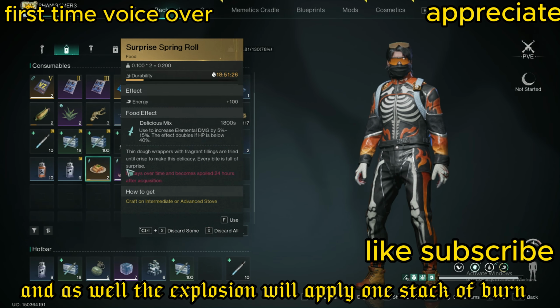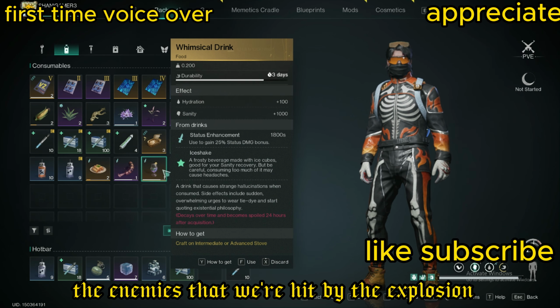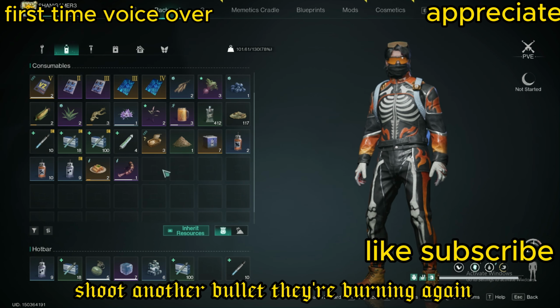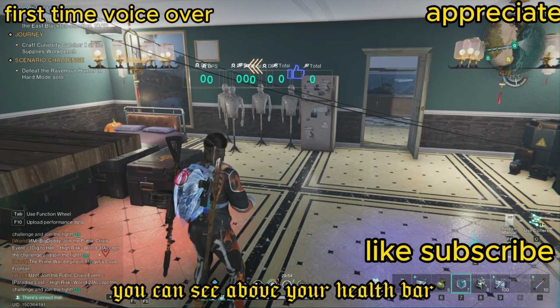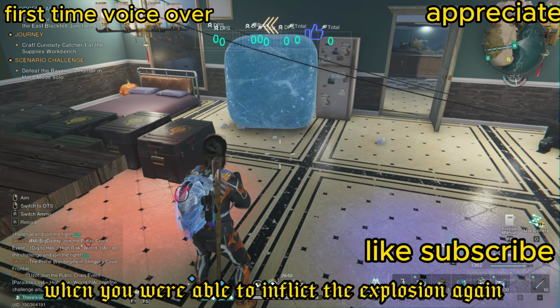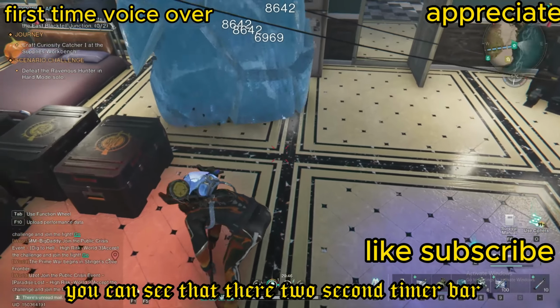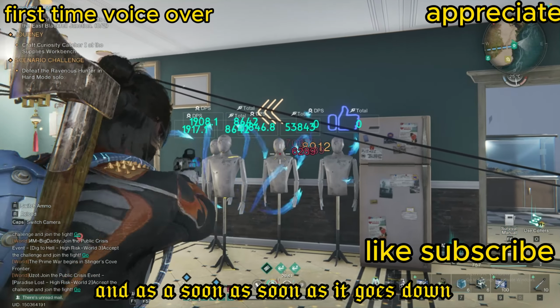The explosion will apply 1 stack of burn to the enemies that were hit by the explosion. So shoot one bullet and they're already burning, shoot another bullet, they are burning again. You can see above your health bar when you are able to inflict the explosion again. If I shoot again, you can see that 2-second timer bar,